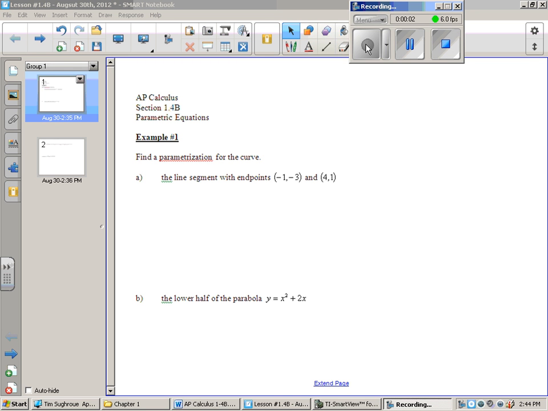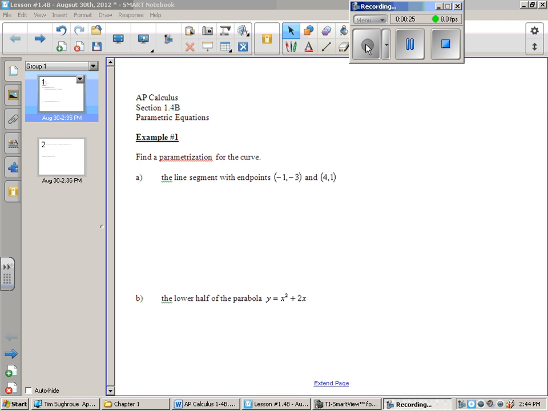We're starting section 1.4b, which is on parametric equations. And what we're going to do now in this particular lesson is we're actually going to write the parametric equations given some information. In this first problem here, we just want to draw a line segment from -1, -3 to the point 4, 1. When we do this, essentially we want to be able to see that particle moving along